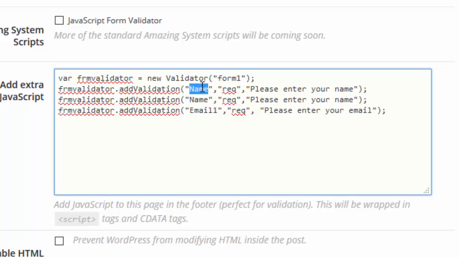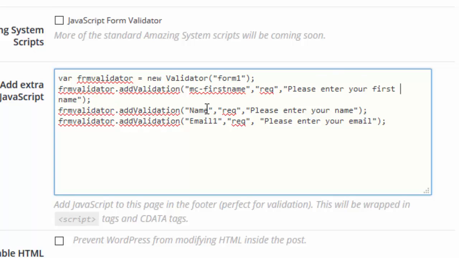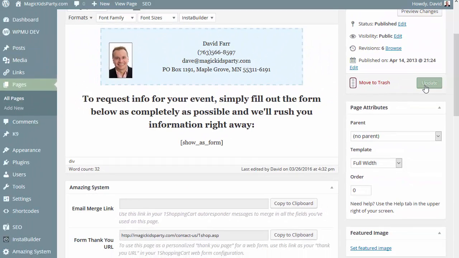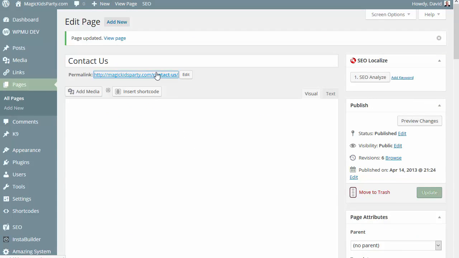I'm going to change this to MC-first name, and I'm going to change the error message to say please enter your first name, and then I'll change this one to MC-last name, and we'll make sure it says please enter your last name. Okay, and if we want the email to be validated as well, we'll make sure we update that because the field name is no longer with a capital E, it's now a small e right there. Okay, let's update and let's take a look at the form. This time we should not receive that error message,